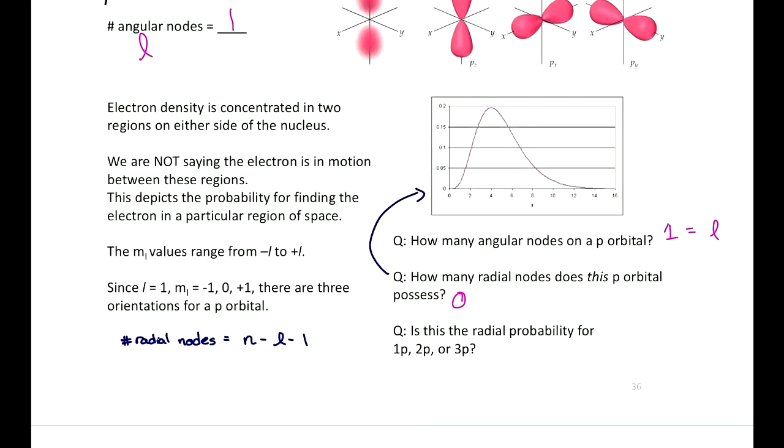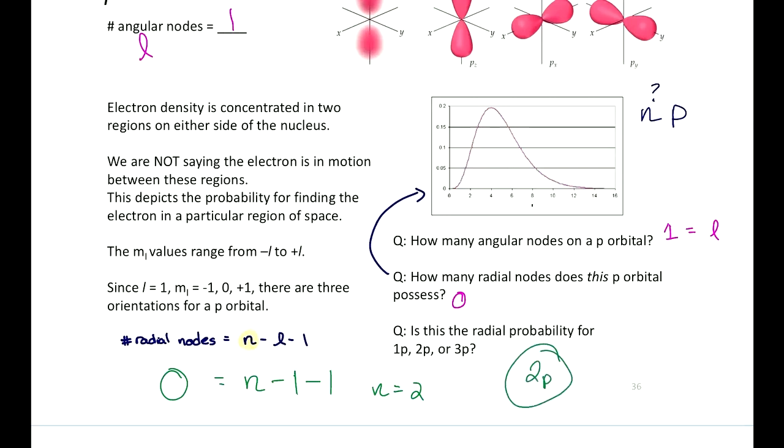So let's remember our equation. The number of radial nodes in a graph is n minus L minus 1. I'm telling you this is a p orbital, so this is an n-p orbital. I just don't know what n is. You told me that this graph has 0 radial nodes, so 0 equals n minus L minus 1, and I'm solving for n. But do I know what L is? Yeah, it's 1, because I said it's a p orbital. So you just do arithmetic and determine what n has to be. n is equal to 2 in order to make all that work out. So we can write that this is a 2p orbital in this picture.